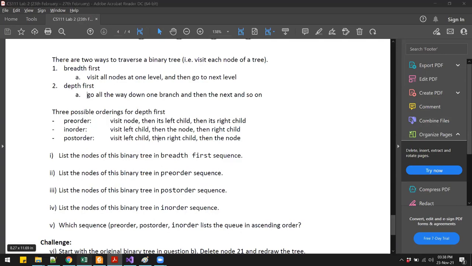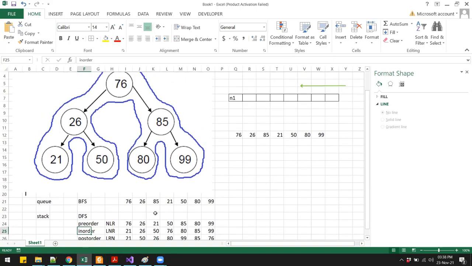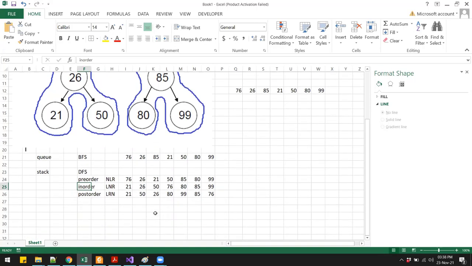Let's look at the data that we have. It looks like we get the data in ascending order when we use the in-order traversal. So if you are given a binary tree and you want to print the data in ascending order, you will use the in-order traversal.